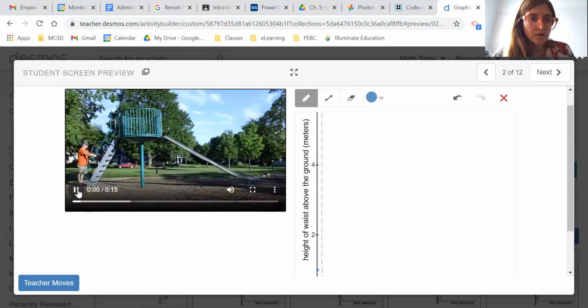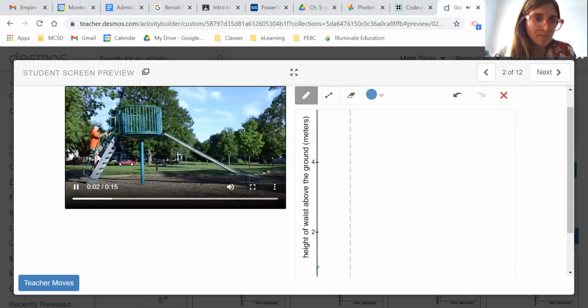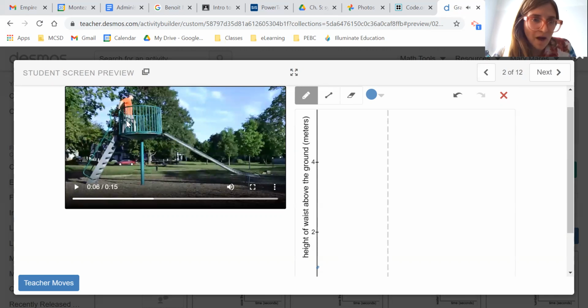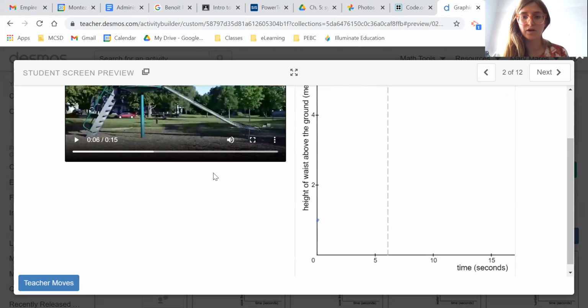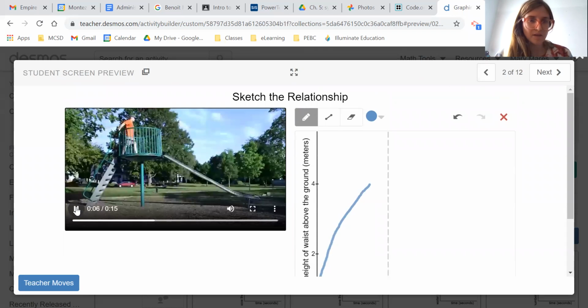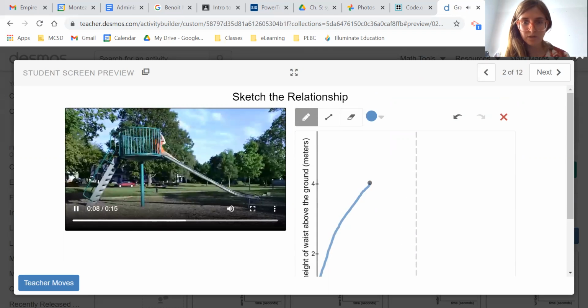That'll help me. So he goes up, up, up, up for 5 seconds until he's about, let's say, 3 meters above the ground. So he starts here and then goes up to 3 meters over 5 seconds. It's not perfect, but it doesn't need to be. Okay, and then time goes on, but that distance stays the same